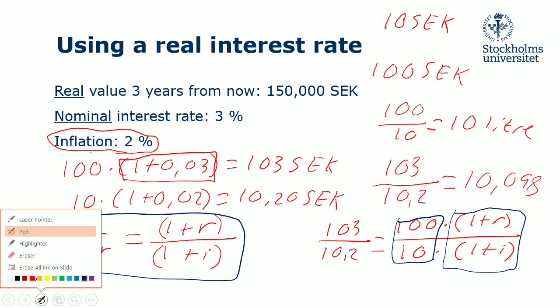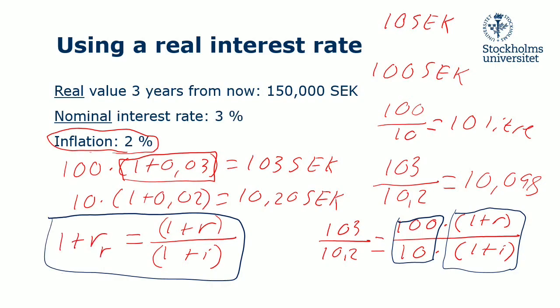But let's see, we can go to green maybe and you will see it anyway. Okay, so we would like to find a real interest rate, and we can do that here. So 1 plus RR is equal to 1 plus the nominal interest rate of 3% divided by 1 plus the inflation of 2%. If we enter this to our calculator,